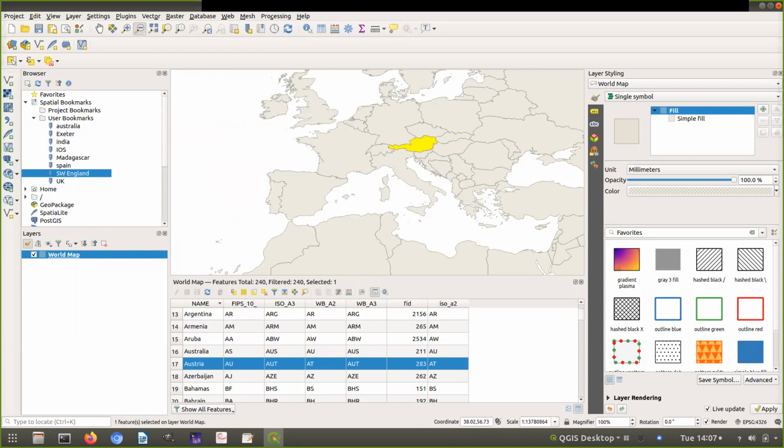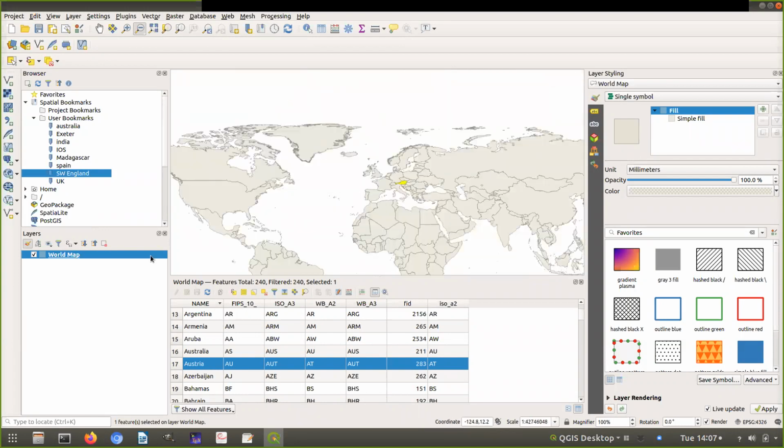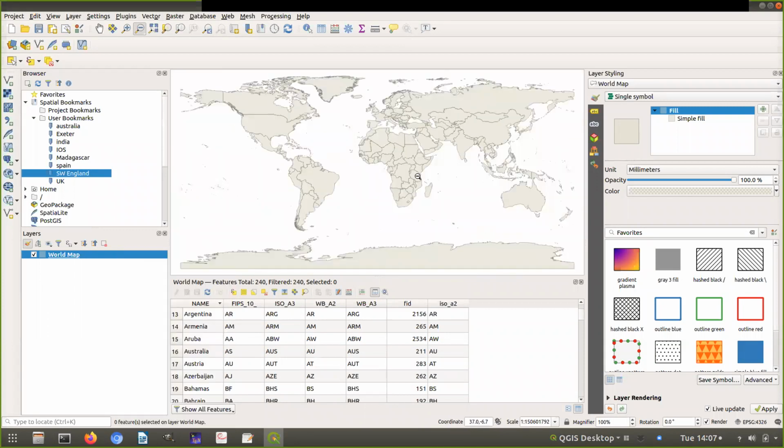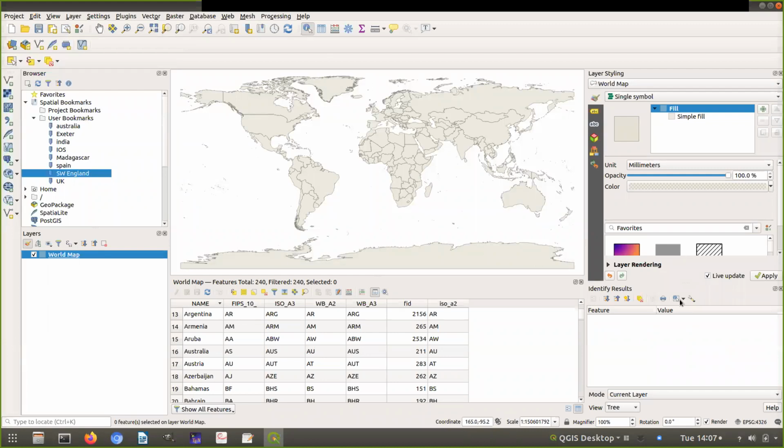Going the other way, here we have unselect all your features. And I'm going to zoom back to the full extent of my map. To go the other way, from getting information about what's in the database file based on an area on your map, there are two ways. You can use this identify feature,